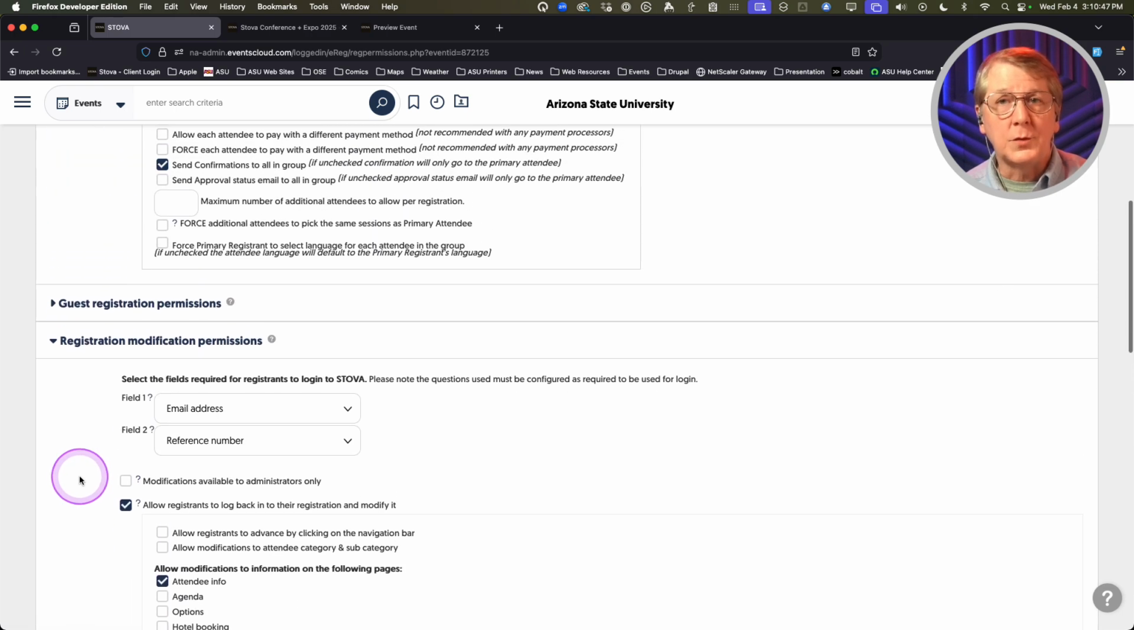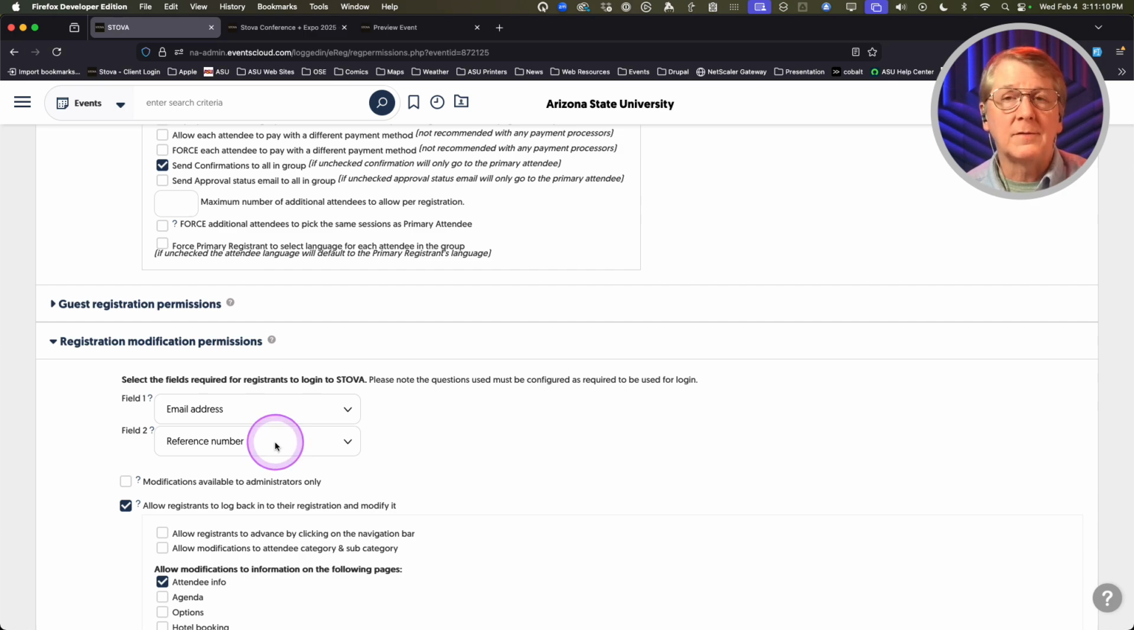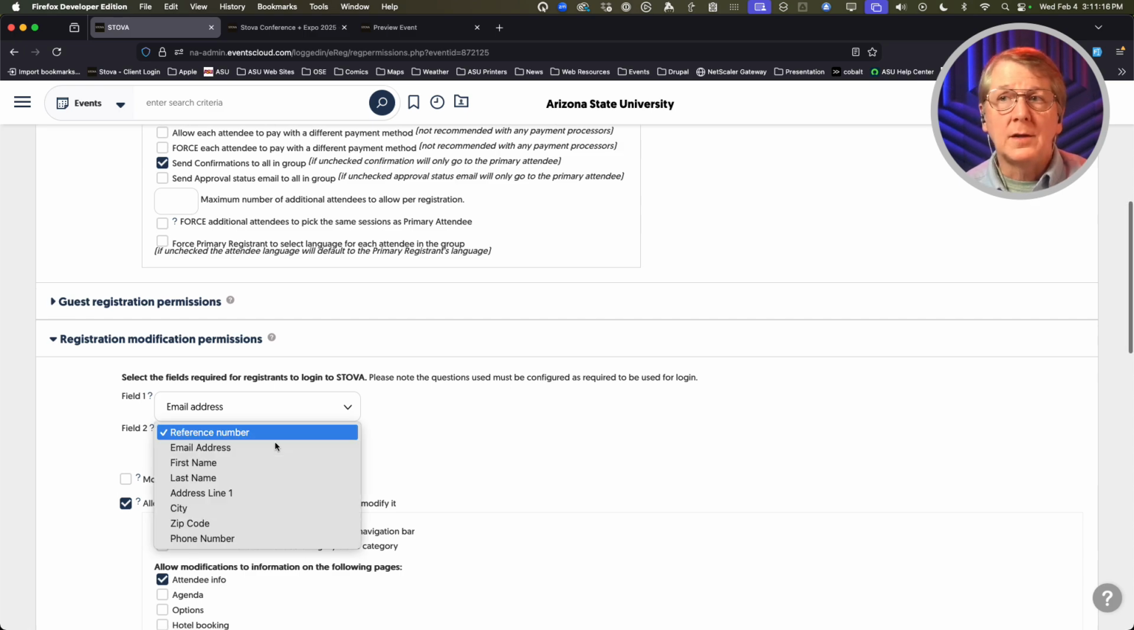And then they have to know 2 pieces of information to log back in to verify who they are. Those 2 pieces of information are here in field 1 and field 2. By default, we're asked for the email address from the registration and what's called the reference number. Every attendee who registers gets a unique reference number, also called a conferee number. And that is one field that can be used for this. But you can choose anything on the registration site as either of these fields. So if you prefer to use a last name,